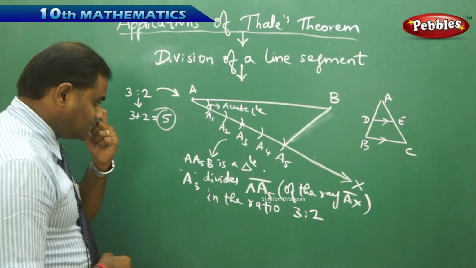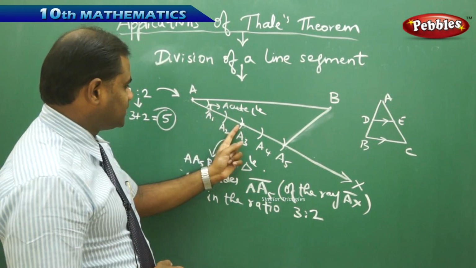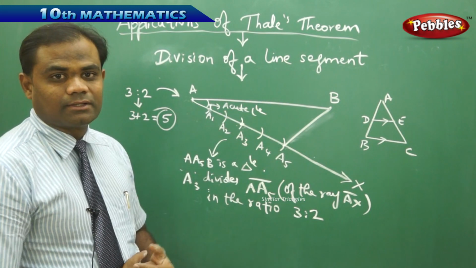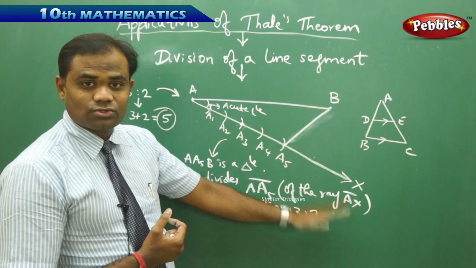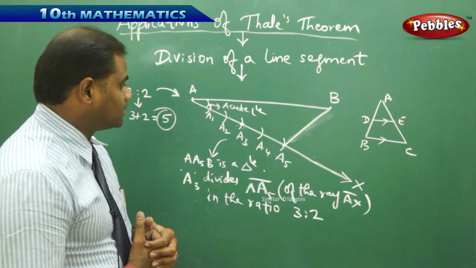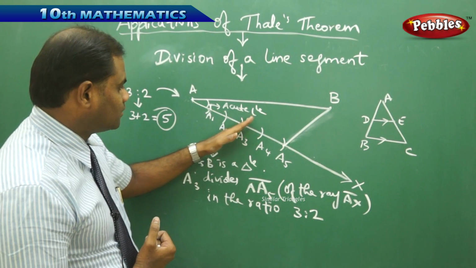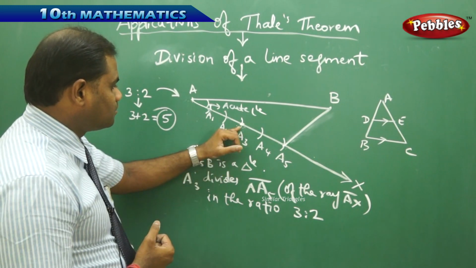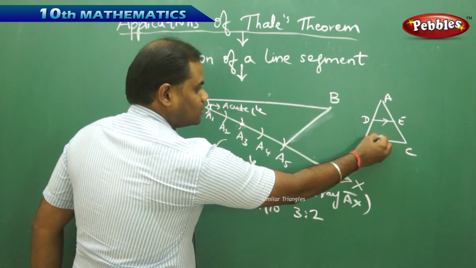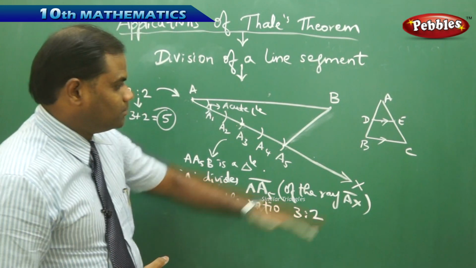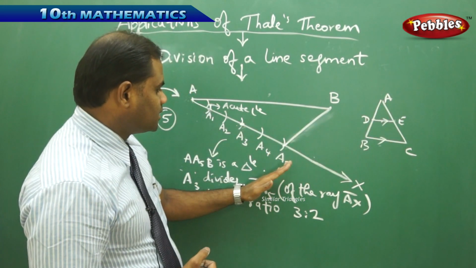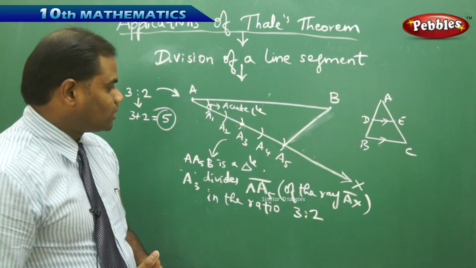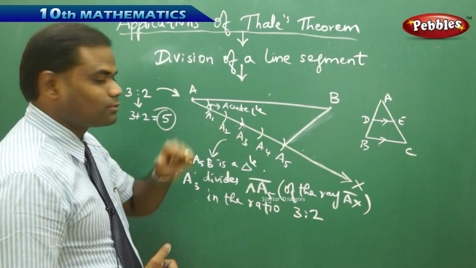Therefore, in order that this divides in the ratio 3:2, AA3 by A3A5 must be equal to some ratio on the line segment. And now the desired ratio is 3:2 on the line segment. Therefore, I can get the point on AB if I can draw a line parallel to A5B. So how do I draw a line parallel to A5B, using the concept? Now BC is parallel to DE, so your BC here is A5B, through which I have to draw a line parallel. In order to draw a line parallel to A5B and passing through A3, we know